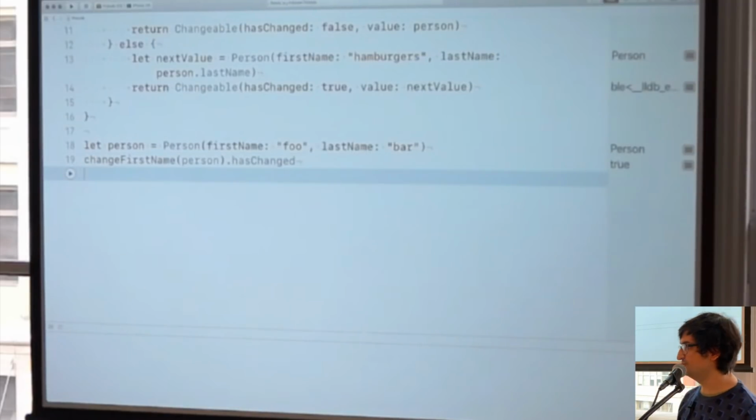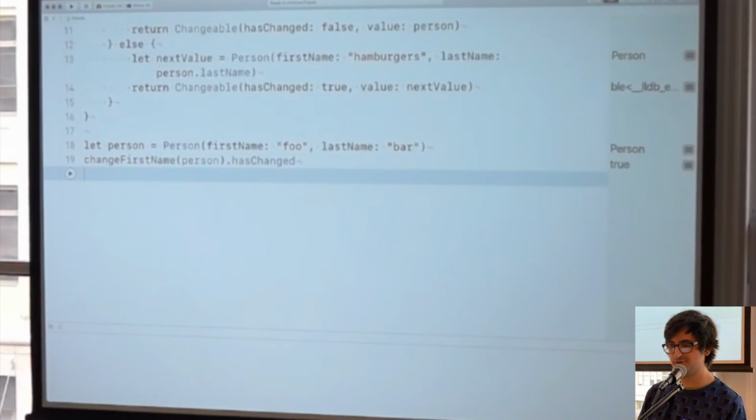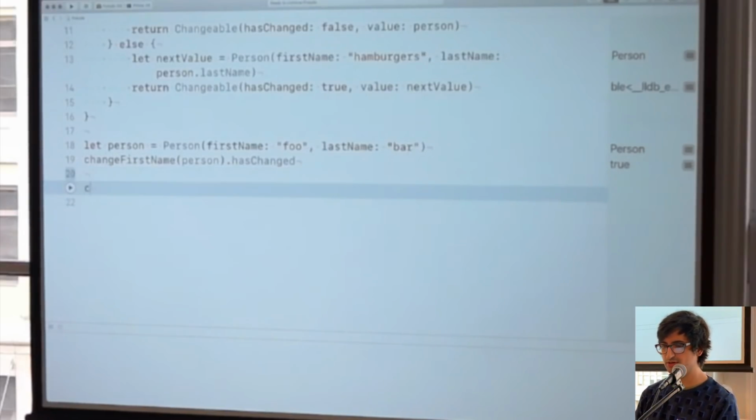So if we evaluate the flag, we don't need to see that the struct has been changed probably, but the flag evaluates to true. OK, cool. I see a handful of nods. That's good. All right, and just to illustrate to make it super clear, because I think this will help us later on,